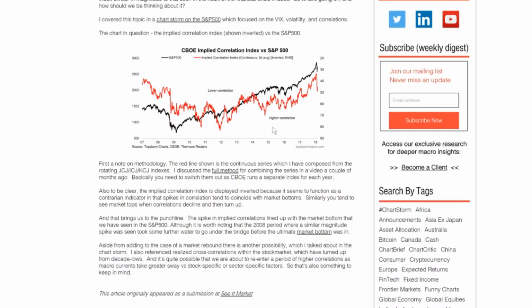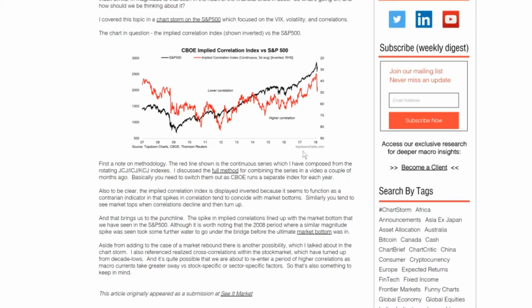And just on the methodology before we get into the interpretation, you can see there that I've mentioned the JCJ, the ICJ, and the KCJ. So we can't really call this one the SKEW in the case of the skew, or the VIX in the case of the volatility index. There's actually a few different indexes, and that makes it quite difficult from an analytical perspective. So what I've done is actually spliced them together, and